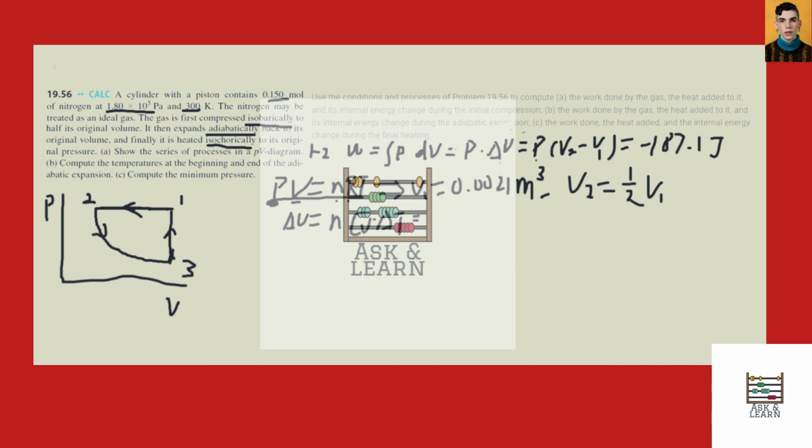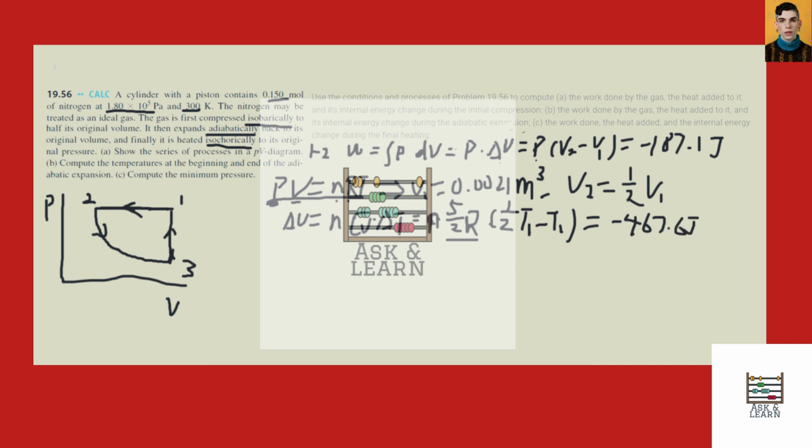So delta U is n times CV times half of T1 minus T1, okay? T1 is 300 Kelvin, so half T1 is 150 Kelvin. So delta U I found is negative 467.6